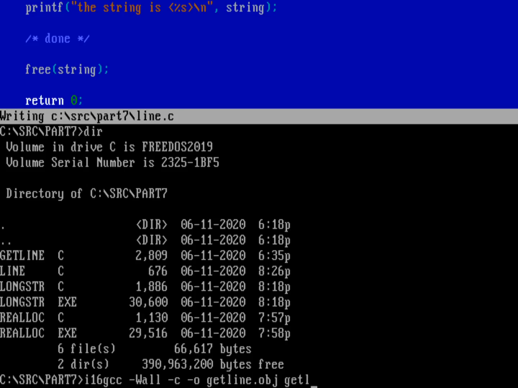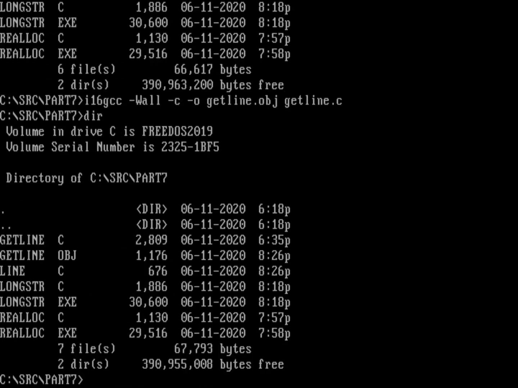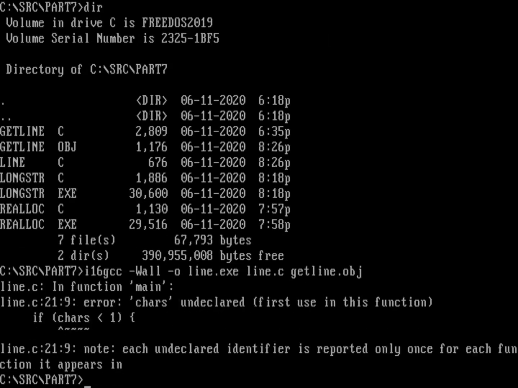And I'm going to compile the getline.c. And if there aren't any warnings or errors in there, then I'll just get that. And you'll notice that I now have a getline.obj. No executable in that one. But I want to compile my program that I wrote in line.c. So I'm going to do an i16-gcc, turning on all warnings. I'm going to save the executable as line.exe. And I'm going to compile the line.c. And I've already compiled to an object getline.obj. And I'll hit return. And if I don't have any errors or warnings,